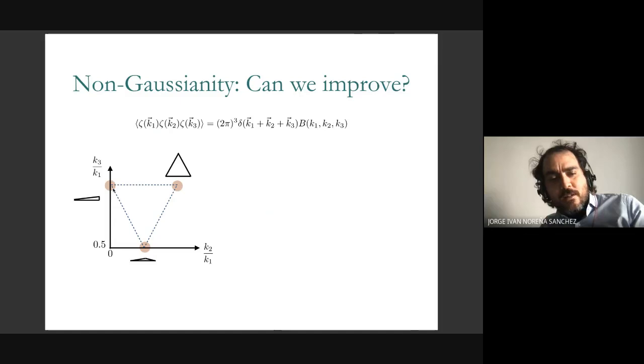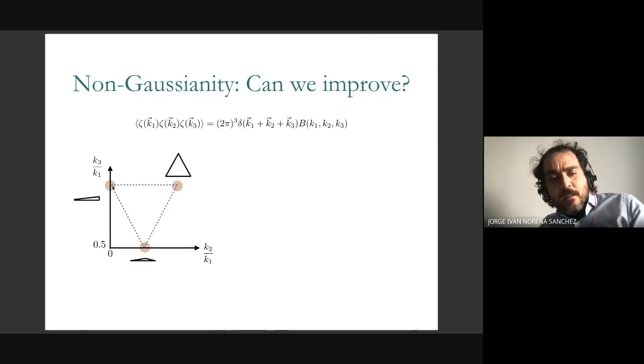So if I assume scale invariance, I can plot all of this in this triangular region. And in this triangular region, there are several limits that people consider. Things like the equilateral limit, where all sides are equal, or of big interest to us will be the squeeze limit, in which one of the sides is much smaller than the other two. And we already know that Planck has put constraints on this, which are pretty good, but they are still one or two orders of magnitude far from the physically interesting region, which would be so-called FNL order 1, the amplitude of this order 1.